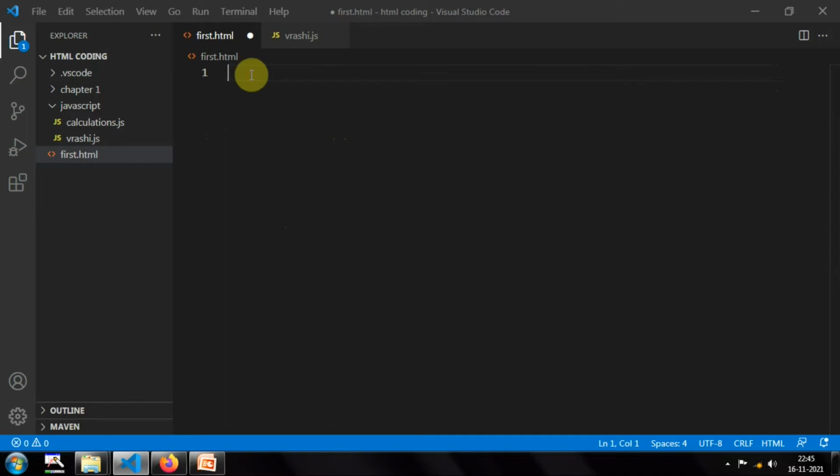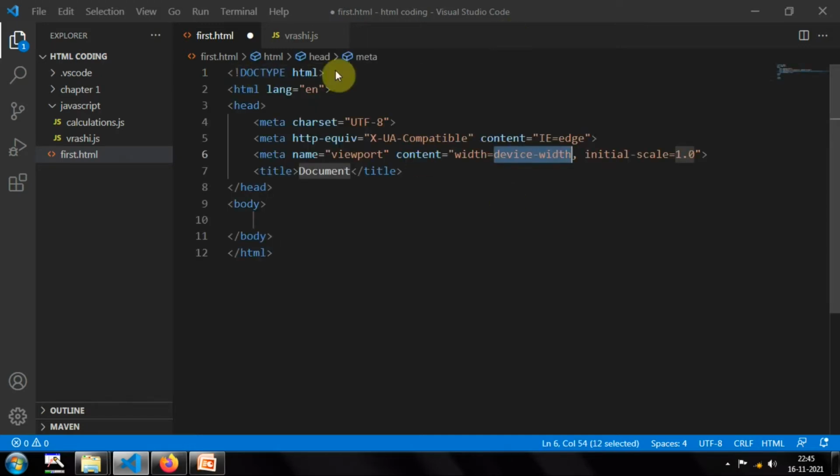Alright, so now let us use the Emmet abbreviation, we will get the boilerplate code. If I press shift and 1, it will give me an exclamation mark, and if I hit enter, then you will get this boilerplate code. In this boilerplate code I just need to change the title. I want to give my website name, so I will give: this is my website.